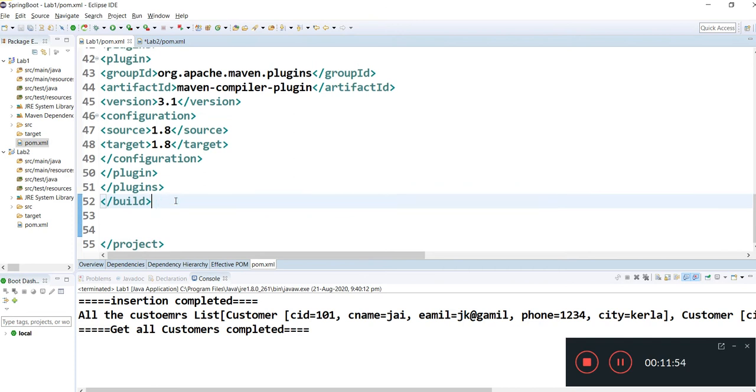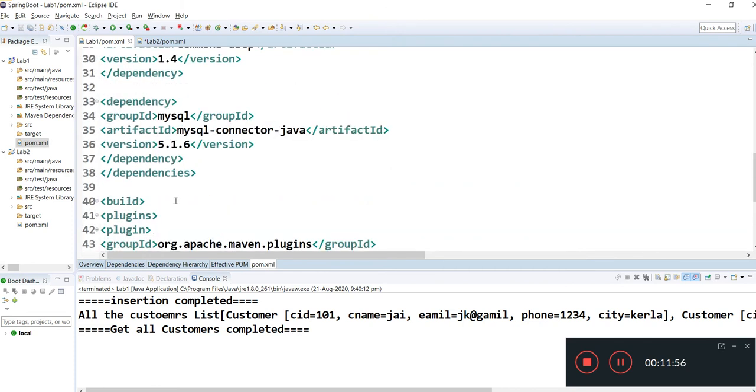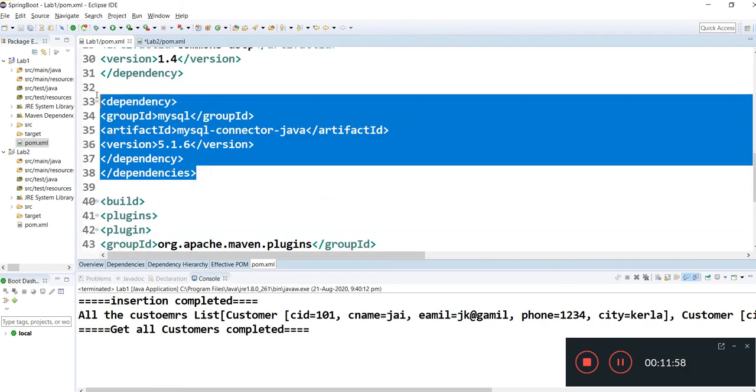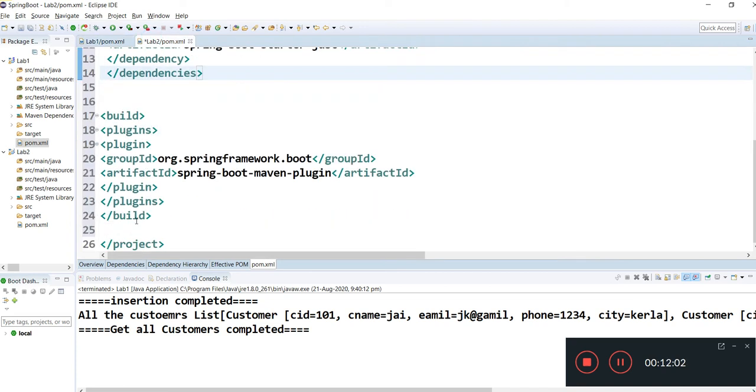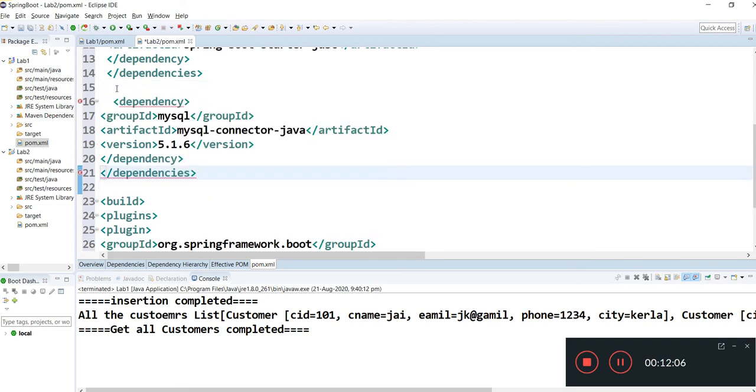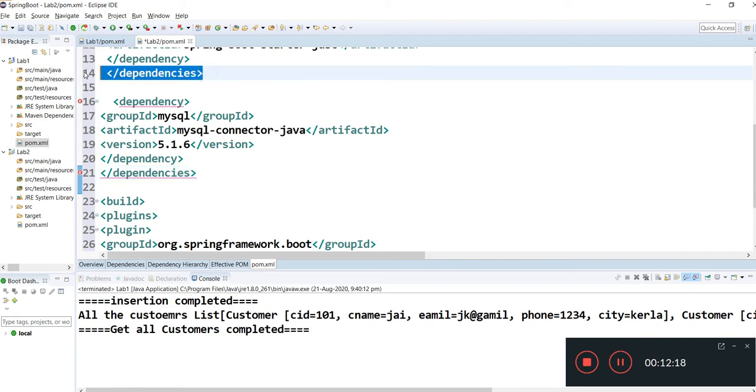Looks like my system is a little slow here. This dependency I'm copying as it is from lab 1. You can mention it here. Okay, this we need to mention.